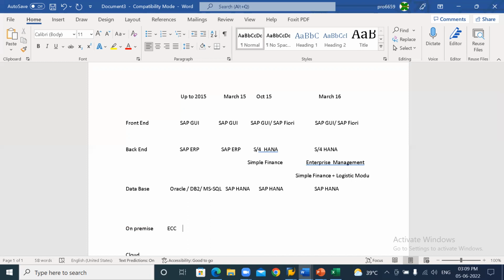What your system needs is a minimum of 4 GB RAM and 500 GB hard disk drive, then you can work. If you want it faster, then you can increase your RAM to 8 GB. That is enough. For the ECC version, 8 GB RAM and 500 GB hard disk is enough,